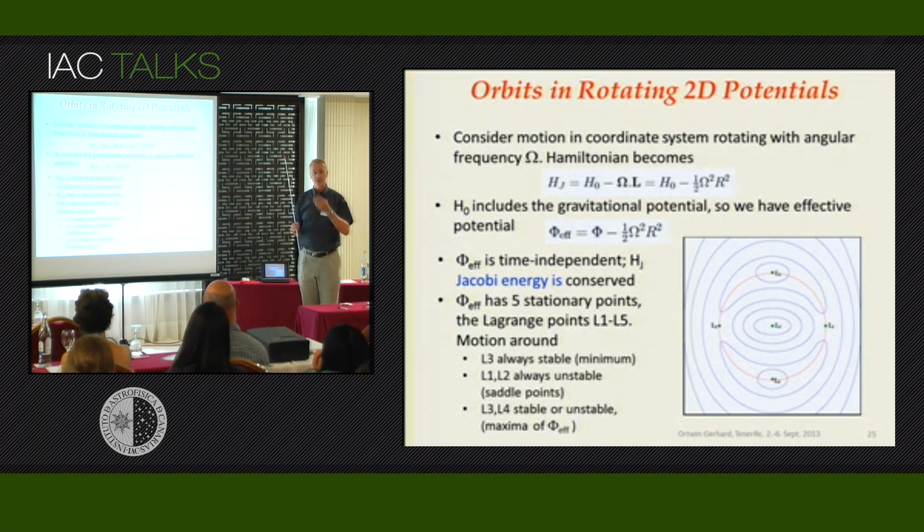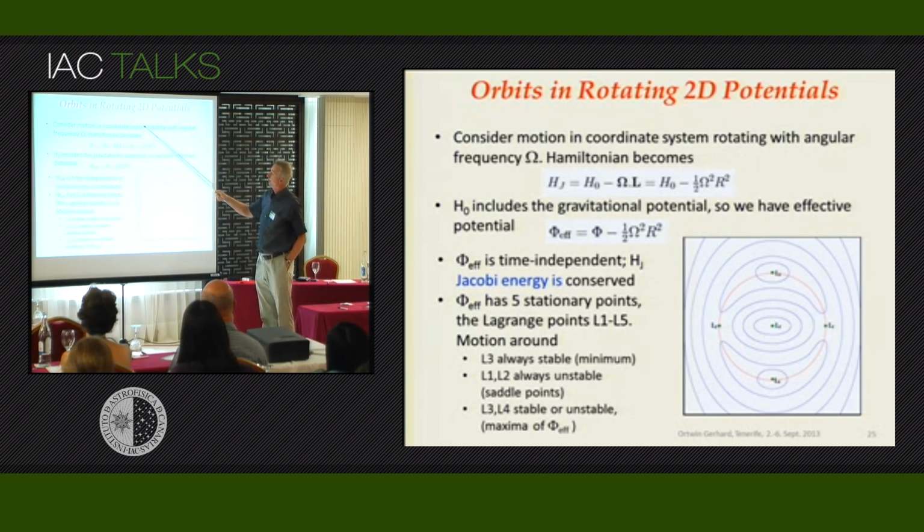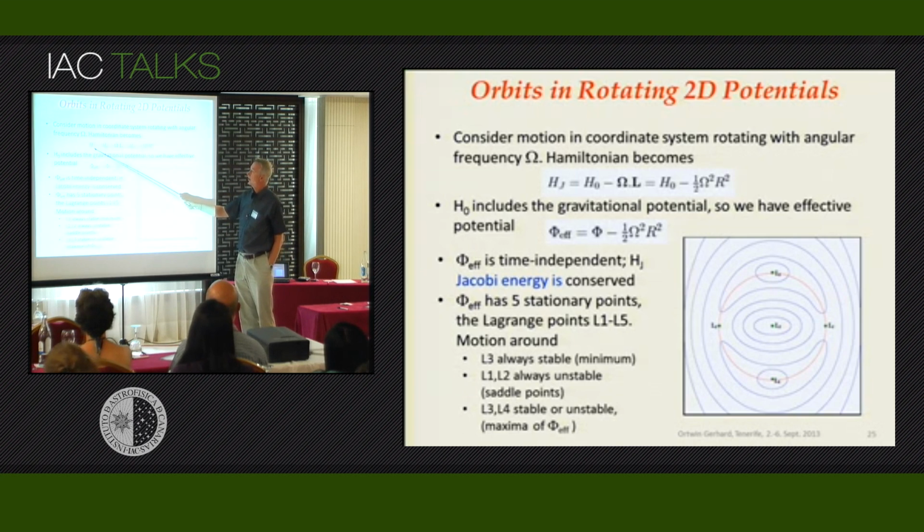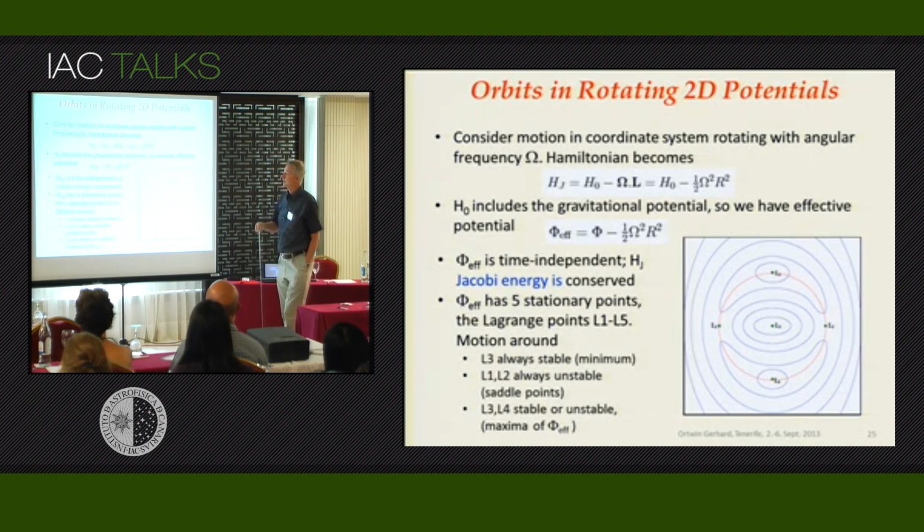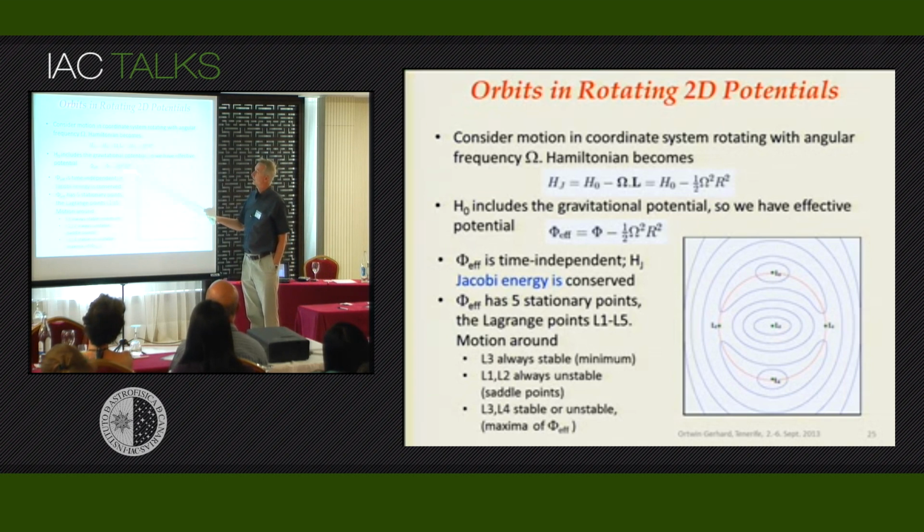Because if you stay in the inertial coordinate system, then because your bar rotates around the galactic center at some pattern speed omega, your potential will be time dependent. And so if you go into the rotating potential, you can eliminate that time dependence, which is always advantageous. So that's the reason. And then in this rotating coordinate system, with angular frequency omega, the Hamiltonian would then become